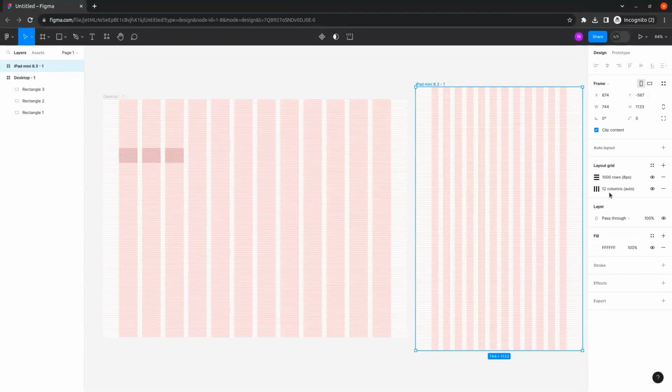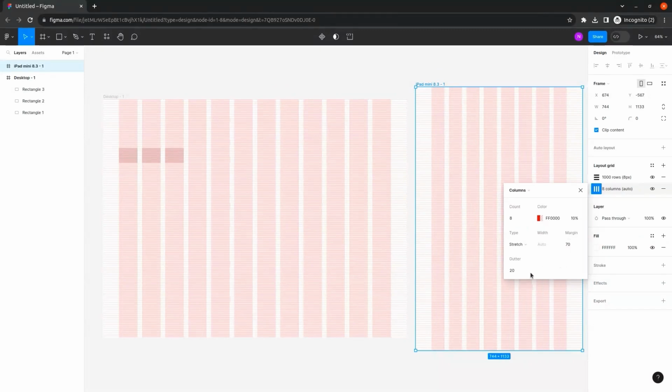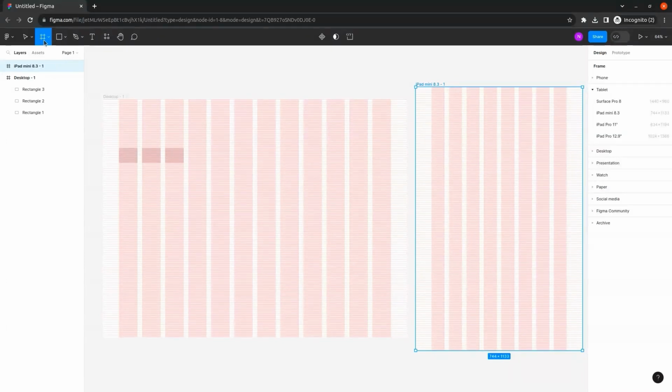Now we have to change the columns. For this we have to click here and change the columns to 8. Margin we can keep it 70 and gutter 20 as well. So our responsive grid system for iPad is created. Next, let's create responsive grid system for iPhone. So we have to click on the frame icon and go to the right side and select the